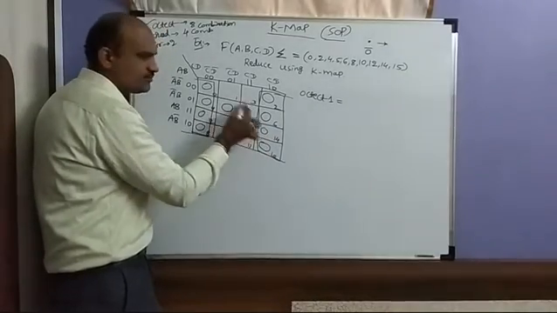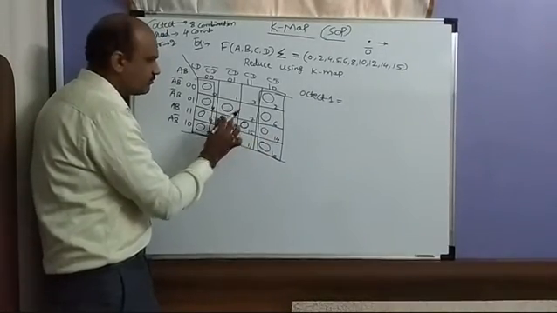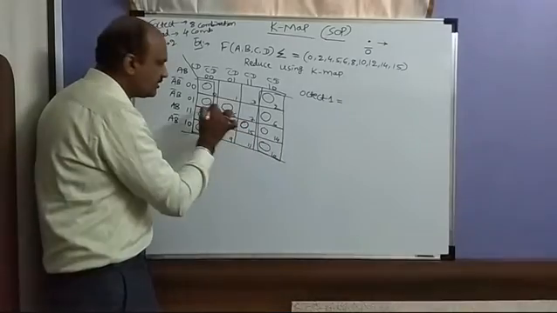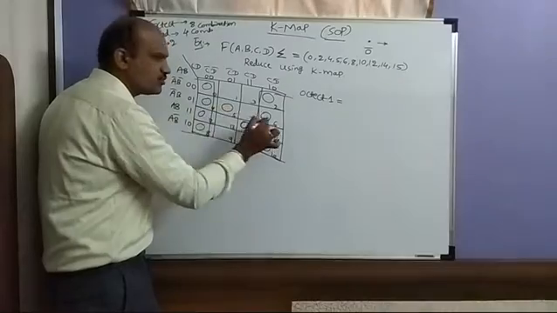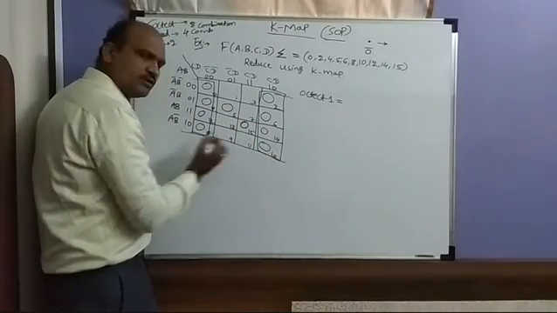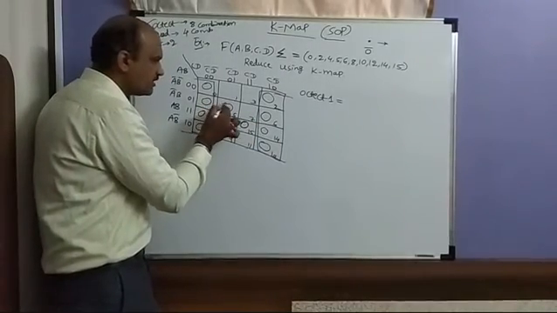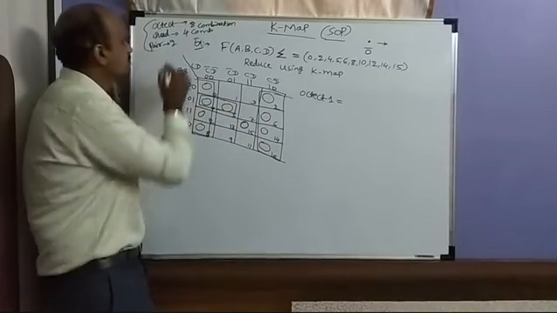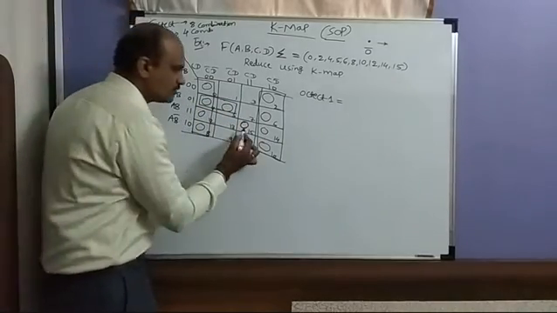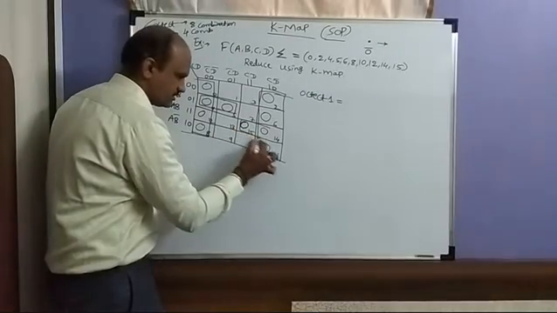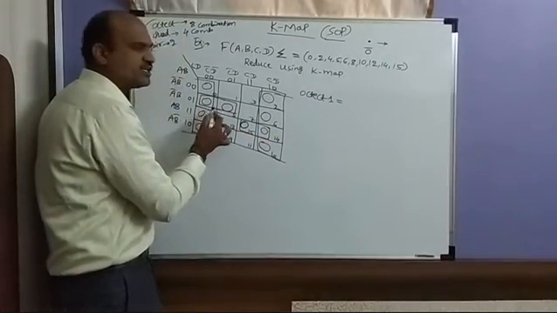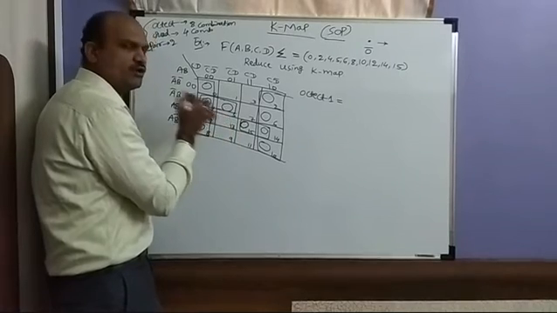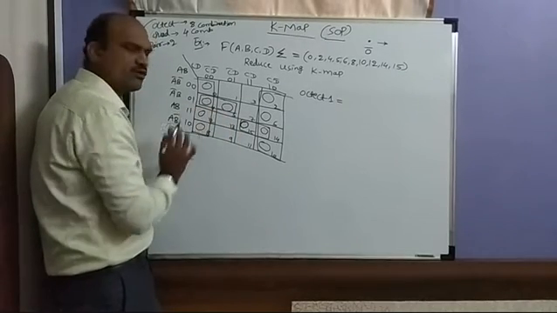Or it will become a square. There is one quad, but here also it is not there. Here it is not there. So here also it is incomplete. Here also it is incomplete. We cannot do the quad. So here also this is not possible. So this will combine with this and becomes a pair. Next one you have to go for the 2. So this will combine with this. It is already selected, but there is one which is not selected. That's why we can select it. This is not called overlapping.